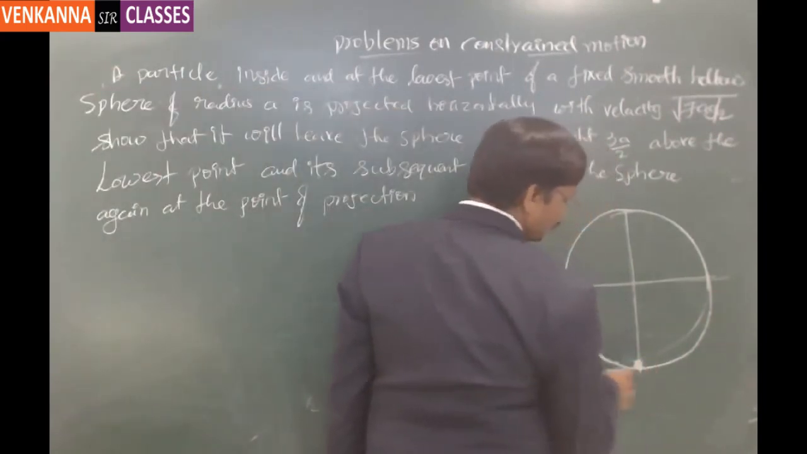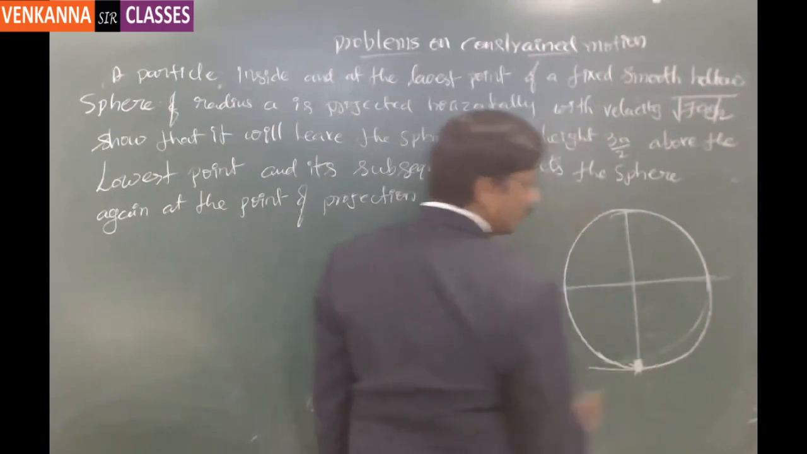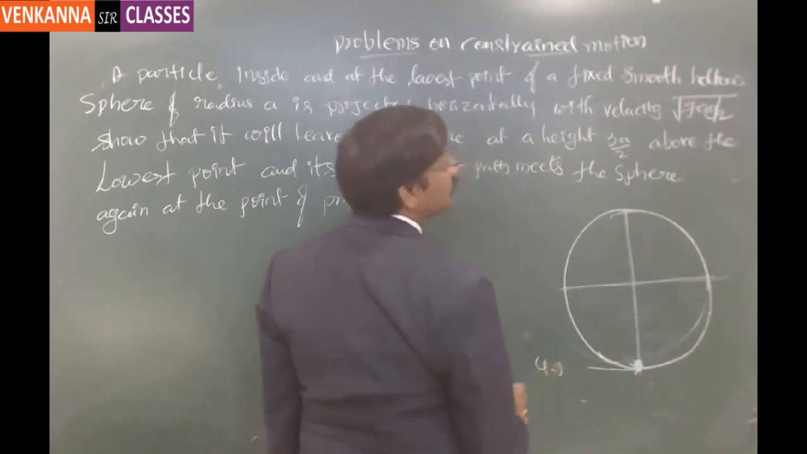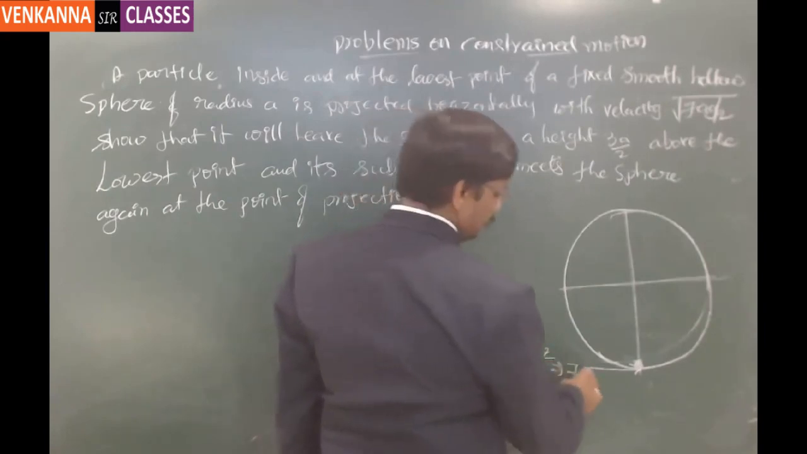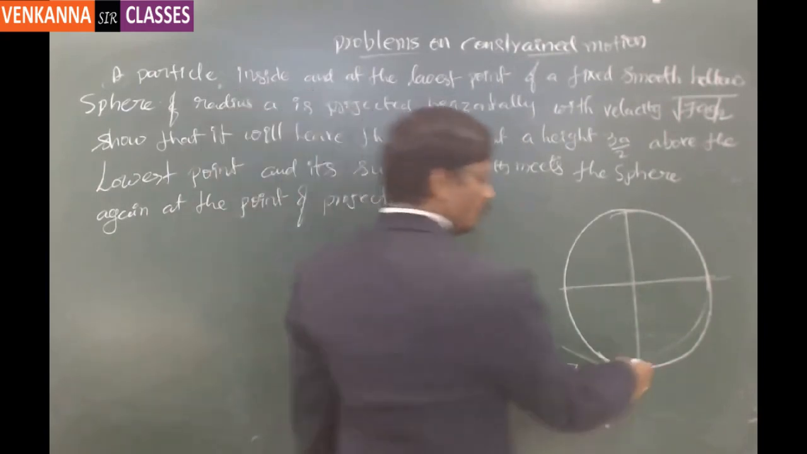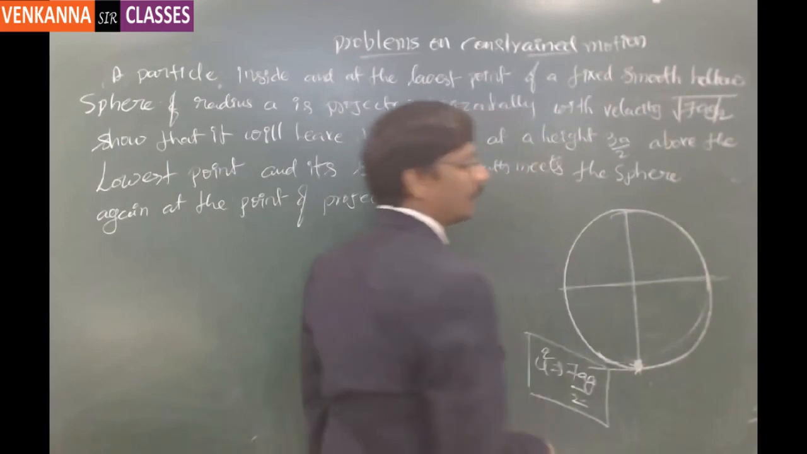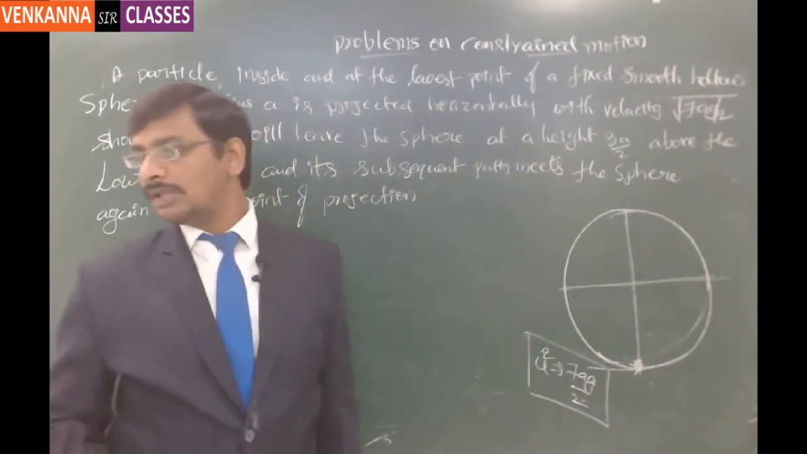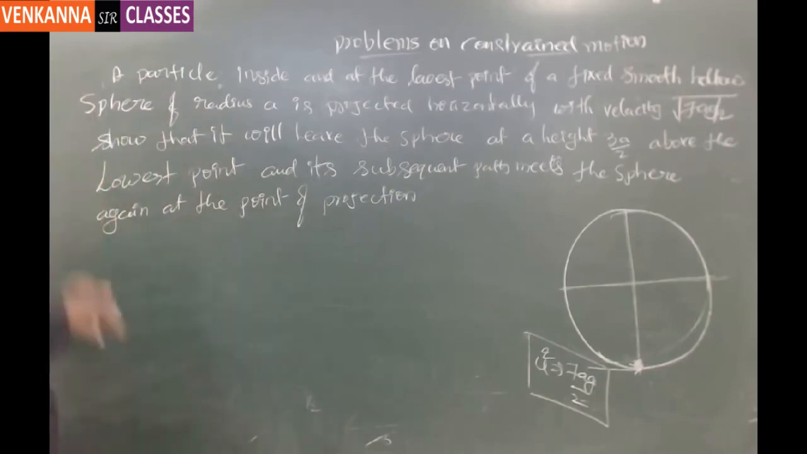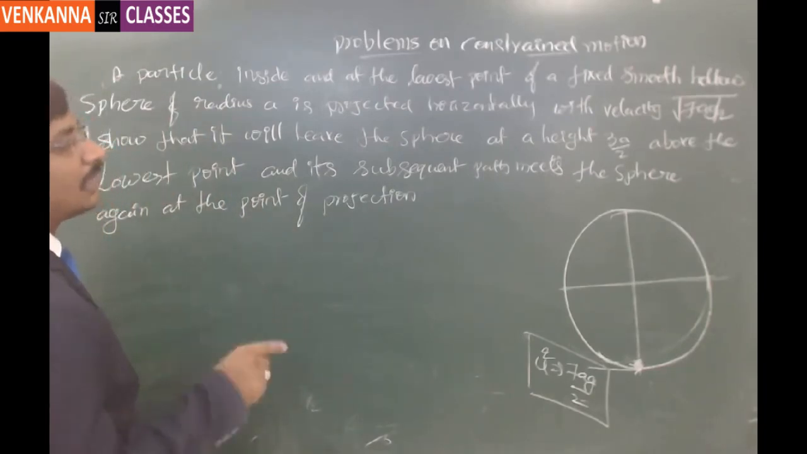Now actually this was projected by giving an initial velocity u, where u squared is equal to 7ag by 2. So this was the initial velocity it was given. Now it will try to go in this particular path automatically because it is constrained to move only in a spherical fashion. Now show that it will leave the sphere at a height 3a by